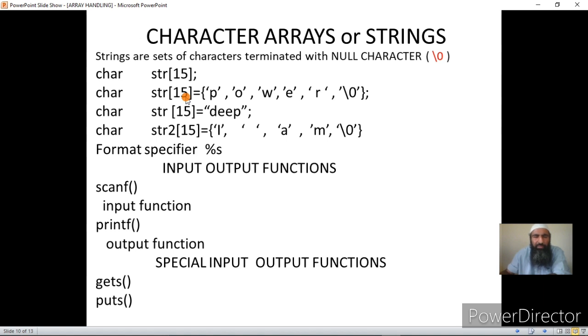That means the last character should be a \0. It is not necessary that you will use all the 15 variables. Now suppose I want to store my name in it, that is Roof Ali, but Roof Ali will occupy 4 for Roof, 3 for Ali, and 1 for space, that is 8 characters, but the array has been declared as 15 characters.